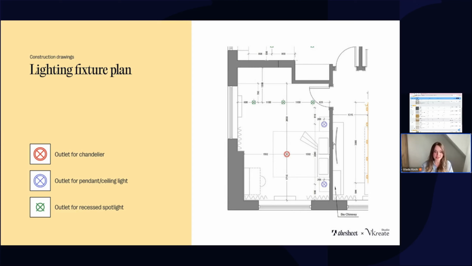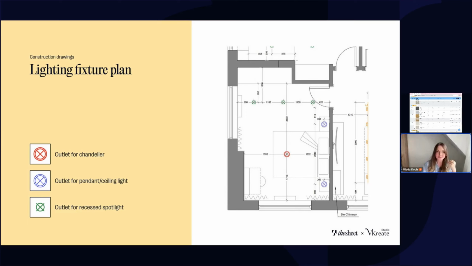And what I like to do is always use colors for different plans. And I always specify in colors the most important information from the drawing. That's why I always do, for example, the fixtures in different colors. Let's say here we have the chandelier. I marked it in red. Then we also have blue for pendant light, of course, above the nightstands, and we have green for